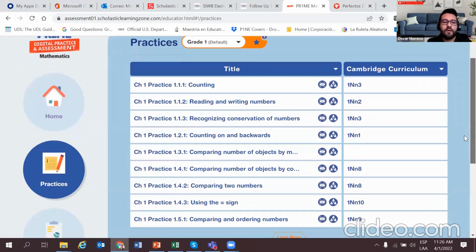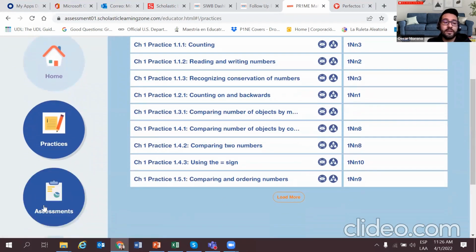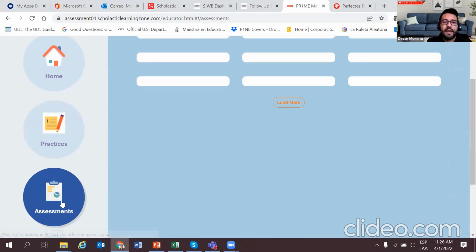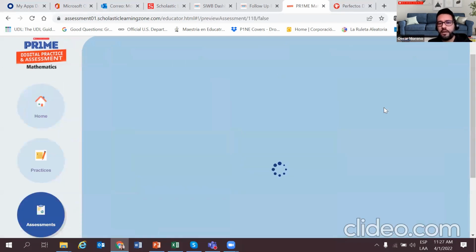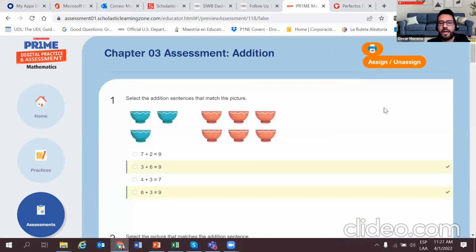In the same way, we find at the third tab, the assessments tab, an assessment for each chapter from the course book. With the same possibilities, we can explore the different learning exercises. If we click on the title of each assessment, let's explore, for example, chapter number 3, the assessment about addition in first grade. When you click on the title of that assessment, you find in here